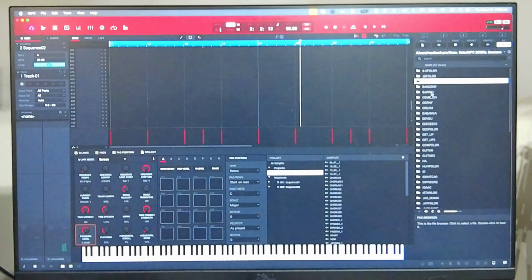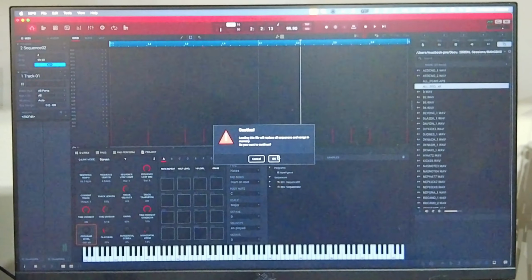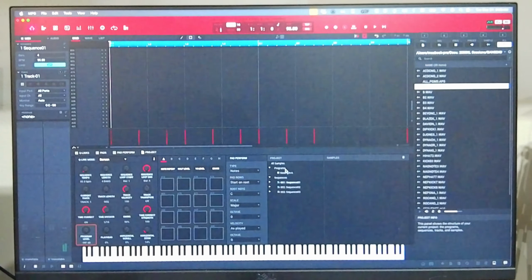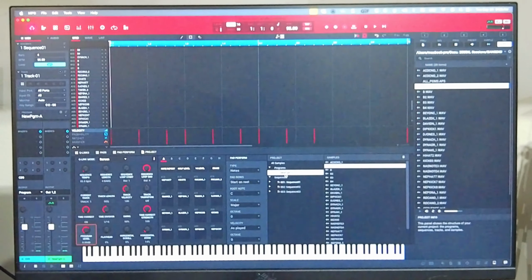So I'm going to launch this one. I click on APS. It loads up the files. Click on ALL. It says we'll replace. That's okay, it's going to replace, and then you select the new program again, and then,